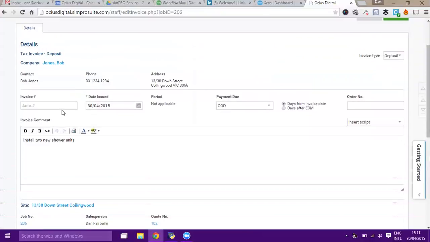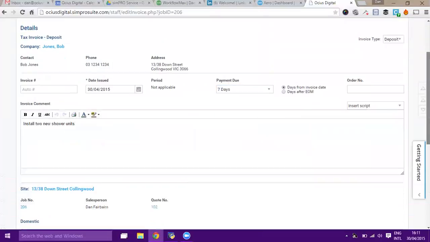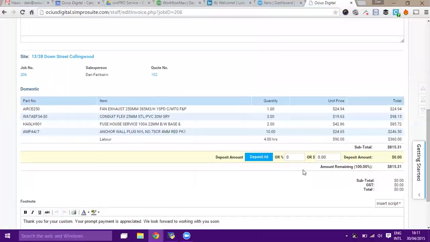You'll see now I've got the invoice number, which is automatic, so it's just going to take the next one in the sequence. Today's date, payment terms, so maybe I'll put 7 days on. I can change the details of the invoice or the job if I want to. If I scroll down to the bottom here, I can take a deposit. I can either deposit everything, which will do the whole $815, or I can take a percentage deposit, so in this case 20%,